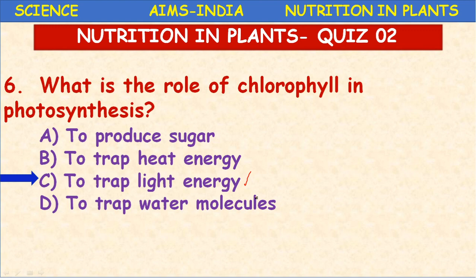What is the source of energy for photosynthesis? Light energy or solar energy. It is a universal source of energy for all living organisms on the earth. In a food chain, what comes first? You studied in 6th class. What is the starting organism in the food chain? Producers. What are producers? Green plants.